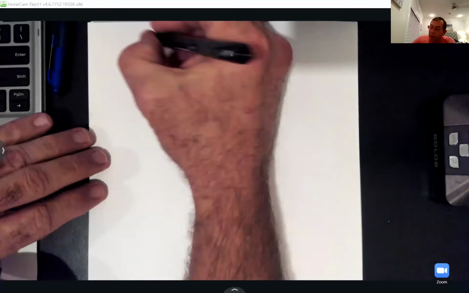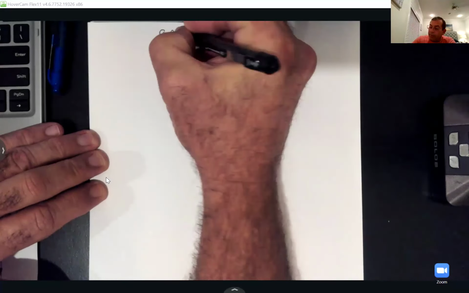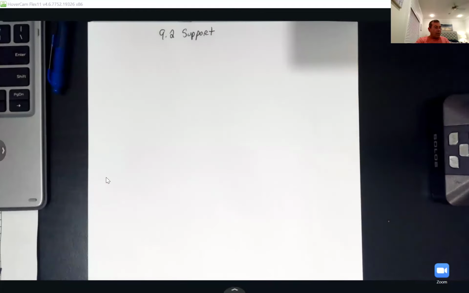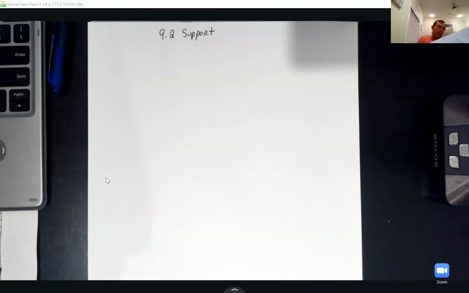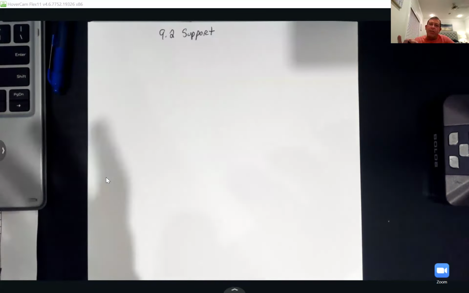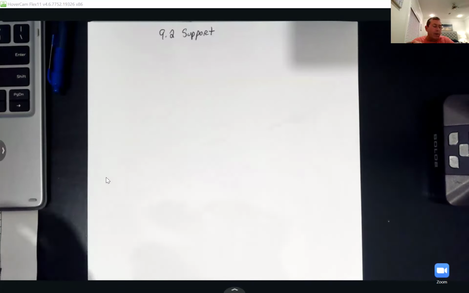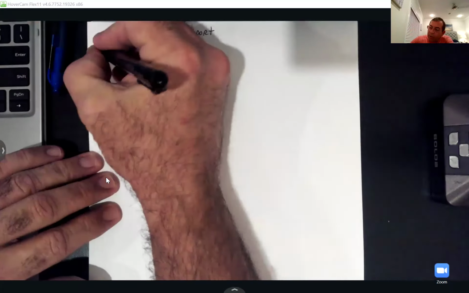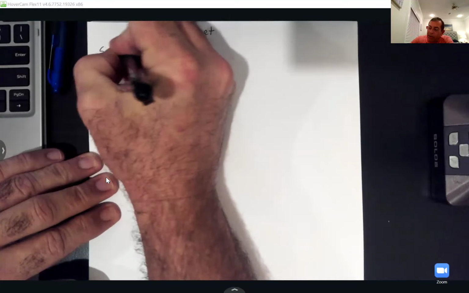All right, y'all. So 9.2 support. And y'all, it's like 6 problems or so just to get you familiar with equation solving. So the first 2 examples, what we're going to do is be solving equations